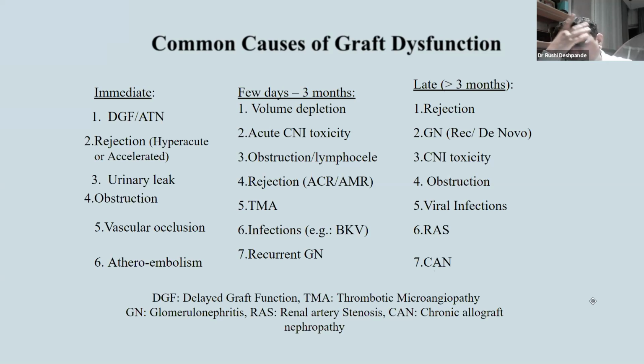BK virus is usually seen after around 6 months, but sometimes can be seen early, particularly in retransplant cases. Recurrent glomerulonephritis. Now this is important. Whenever you do a transplant, you want to know what is the cause of the primary graft loss. Why did the patient become a kidney patient in the first place? What is the native kidney disease? And why is that important at all? That is the reason why I insist on biopsies whenever possible in patients with failing kidneys. Because if you know the disease, then you can tell whether this disease can come back after a transplant.